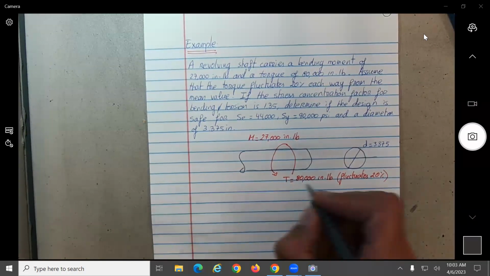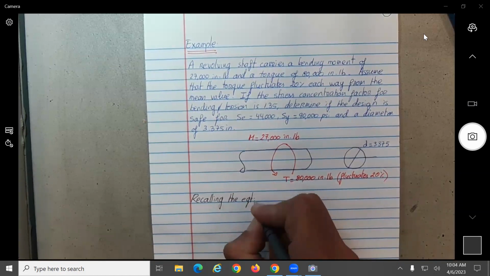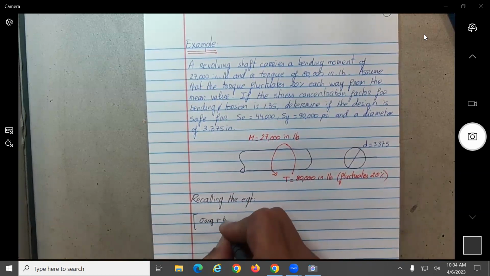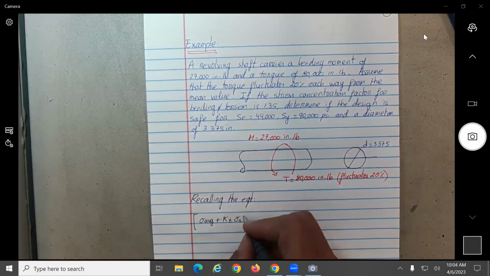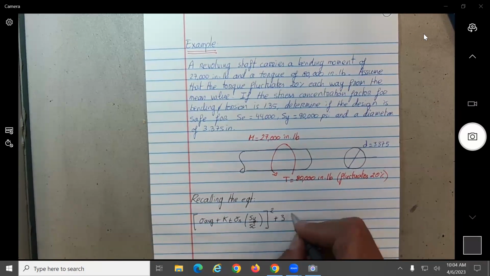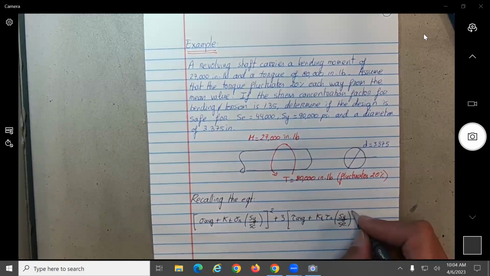So let's go here, recalling the equation that we have: sigma average plus K_T sigma sub R, S_y over S endurance, squared, plus 3 times tau average plus K sub T sigma sub R, S yield over S endurance, everything squared, and it should be equal to S_y